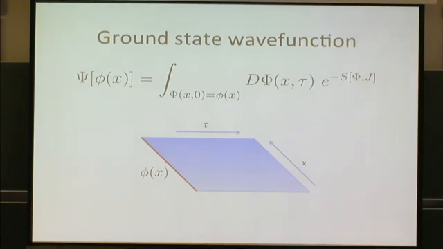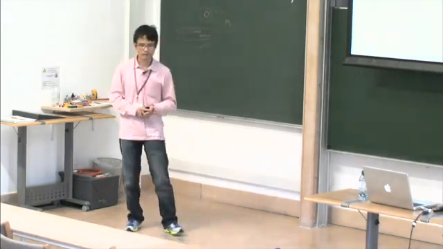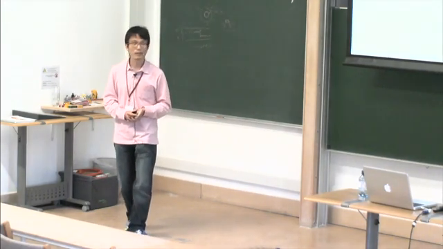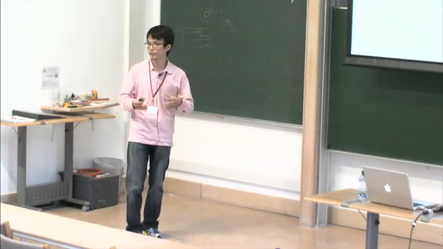And then this is a partition function, and can we make a connection to the wave function? And you can. For example, in field theory, the ground state wave function is given by Euclidean functional integration with a boundary, where you fix your field at the boundary to be a certain configuration. This quantity is a functional of the field configuration at the boundary, and this is nothing but the ground state wave functional of your field theory.